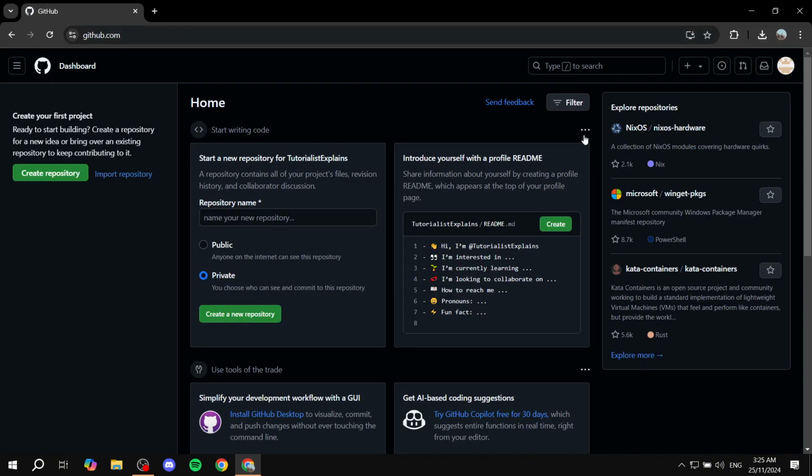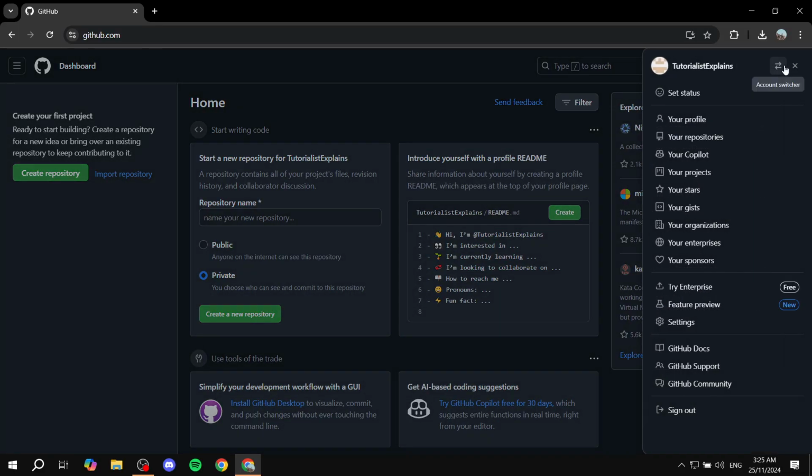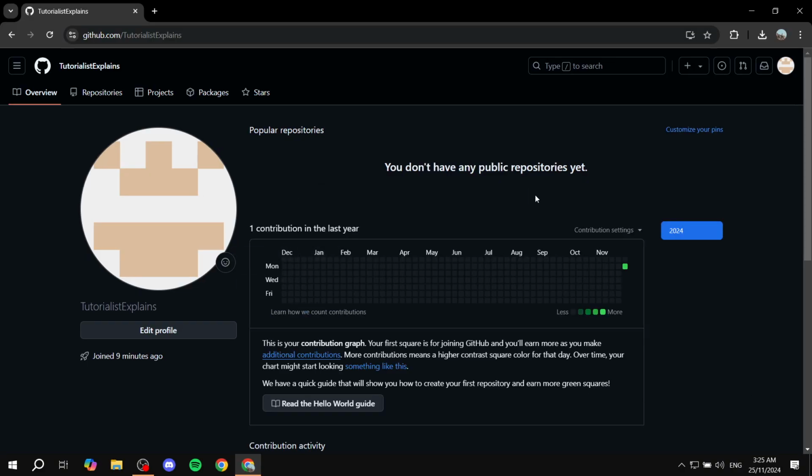Now, if you, for some reason, can't remember your username, you can also just go to your profile page. Just go to github.com, log in, and then click on the profile picture on the top right. Once you do that, you should find a few options here, including the second option, which should be your profile. And not to mention, you also see your username at the top here regardless, but you can just go ahead and click on your profile. And once you do that, you should be taken to the same page. All you need to do is just go to the top here, copy this, and you have your profile